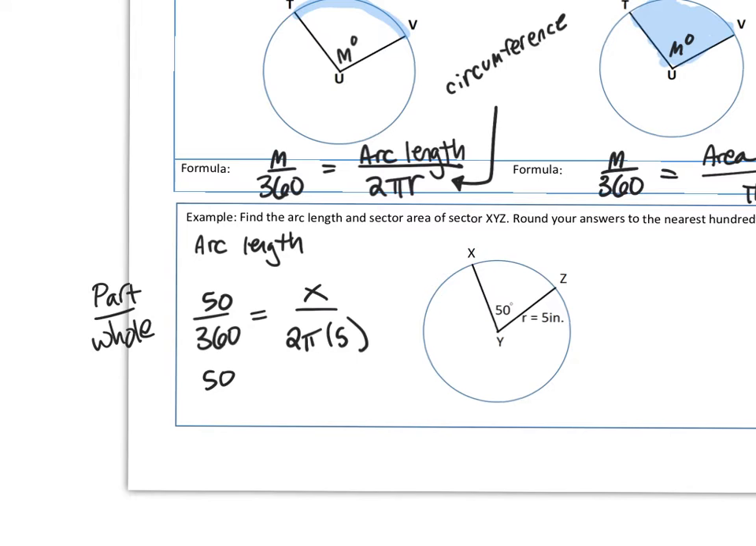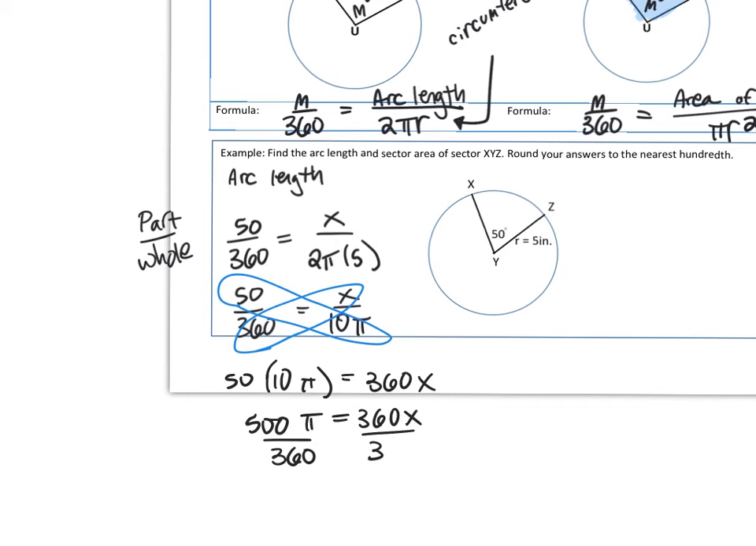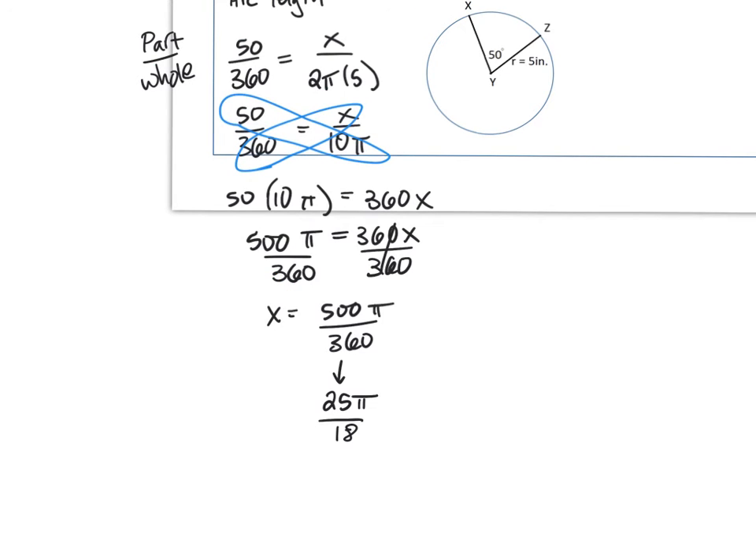I'm going to simplify this a little bit. And at this point, we just need to solve for x. So you can either simplify your proportion first, or you can just go ahead and use your cross products. My cross products at this point are going to give me 50 times 10 pi equals 360x, or 500 pi equals 360x. Now when I divide both sides by 360, I find that x is equal to 500 pi over 360. So you can just type that into your calculator like that, or we could simplify it to 25 pi over 18. Either way, when you type that into your calculator, you're going to find that x is approximately equal to